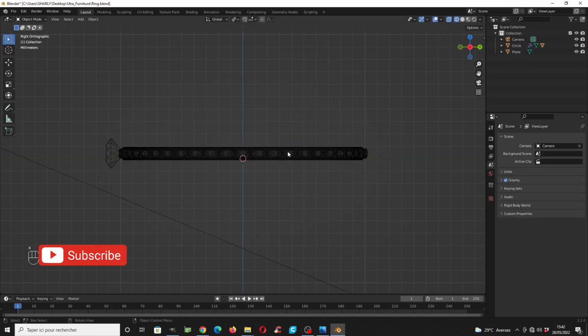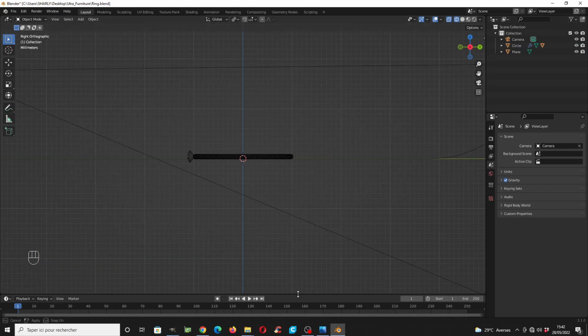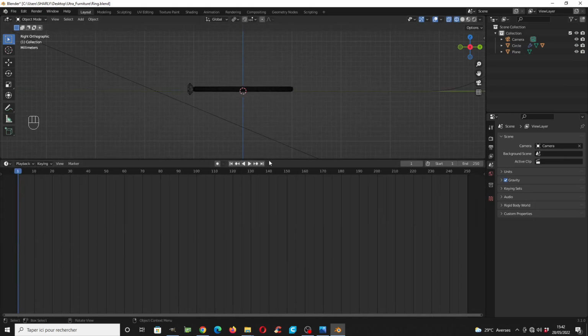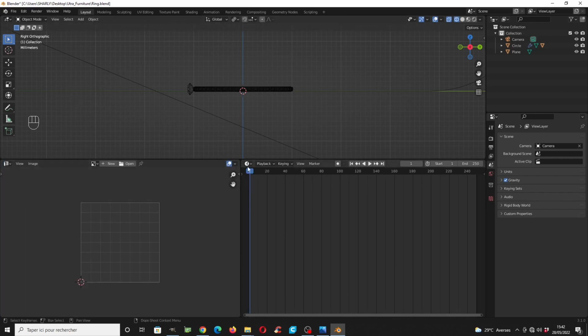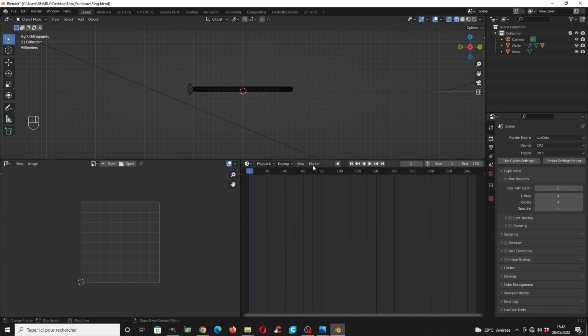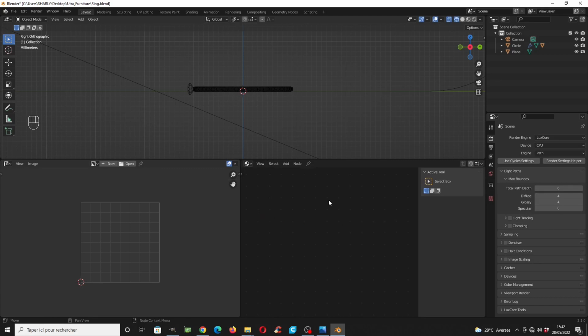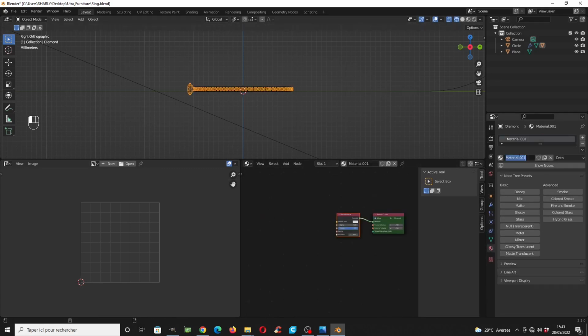No, not for the moment. Let's first add the material. So when we duplicate, we have everything on the second object too. So we need the UV editor and the shader. So switch to Luxcore, get the Luxcore shader mode. We need a diamond here, so select here diamond,